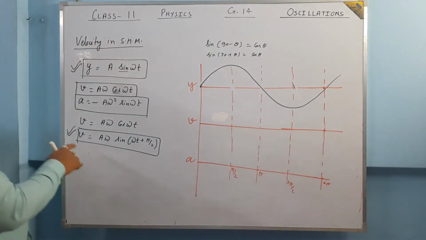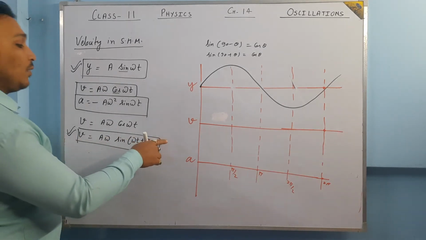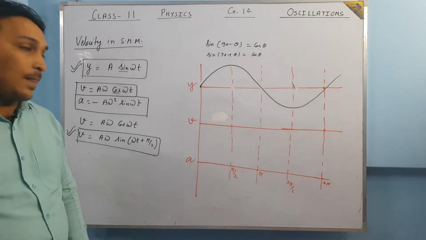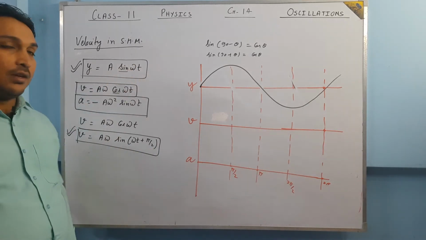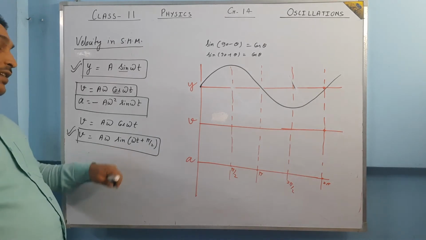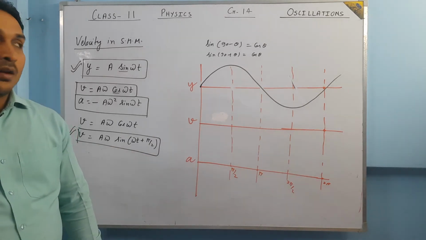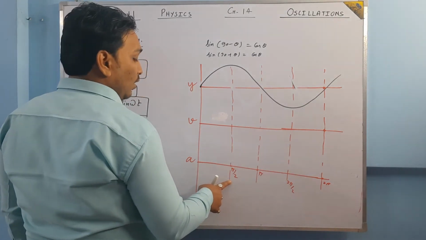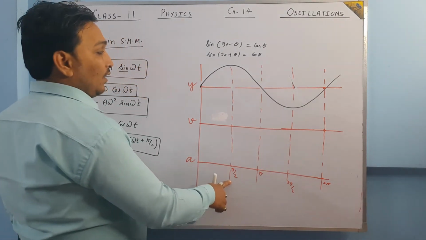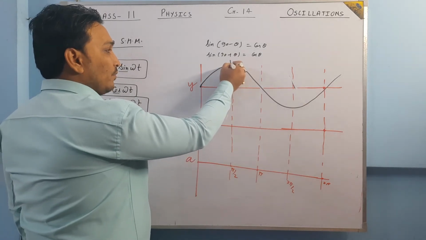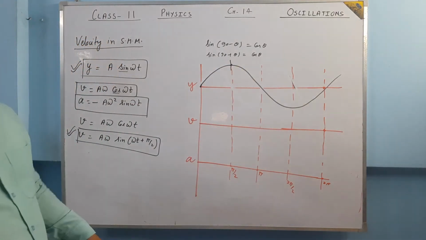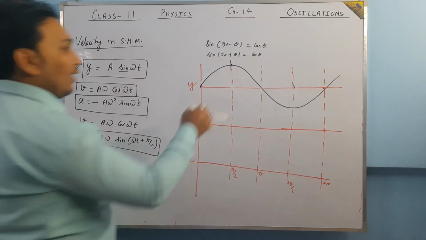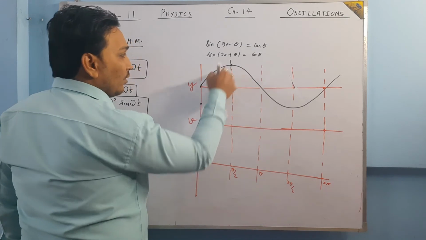But when we talk about this one, v is equal to a sine of omega t plus pi by 2. Its phase is omega t plus pi by 2, and the other phase is omega t only. So basically velocity is leading in phase by pi by 2. Where is the pi by 2? Here. So what will happen? The graph of velocity will start from this particular position. Okay, it is ahead. So the graph of velocity will start from here.